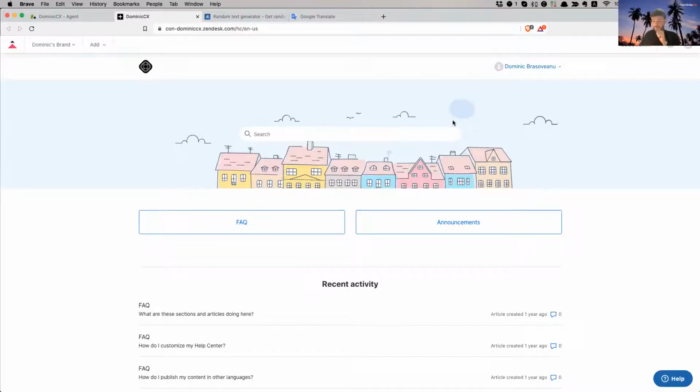Right. So for growth and professional accounts, Zendesk accounts, you have a tree-like structure in your guide, right? Which follows the following structure: categories, sections, and articles. Categories, if you will, are folders, sections are subfolders, and articles are files, right? So with